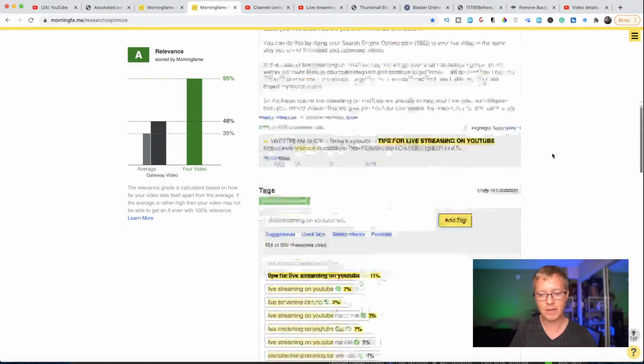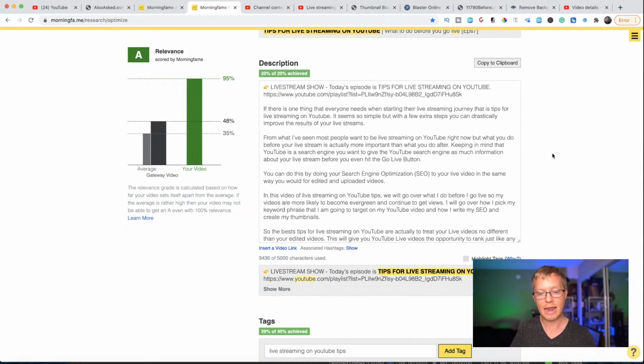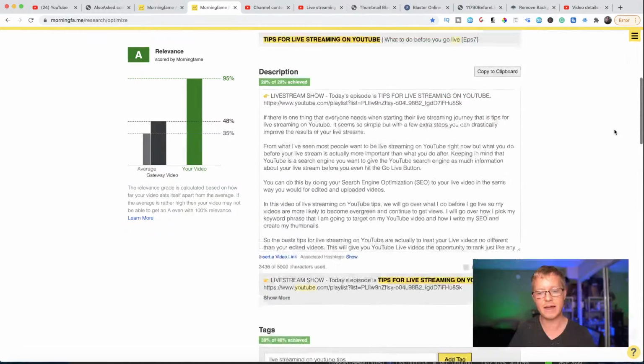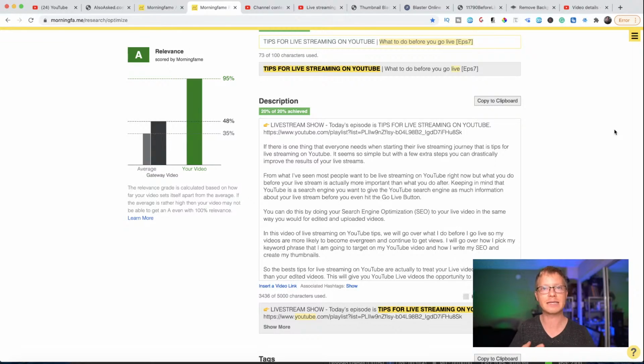After that's done, I go back to my description and I write my description, and I make sure that I hit certain key things. I want to make sure that the keyword is in my description within the first 200 characters. So I have this little tag at the beginning and the keyword's right there. And then I always want to work that full main keyword in at least twice more into my description, organically and naturally as best possible. And then I want to take at least the first 5 tags, including my main keyword, and work those into my description as well, as organically as possible.